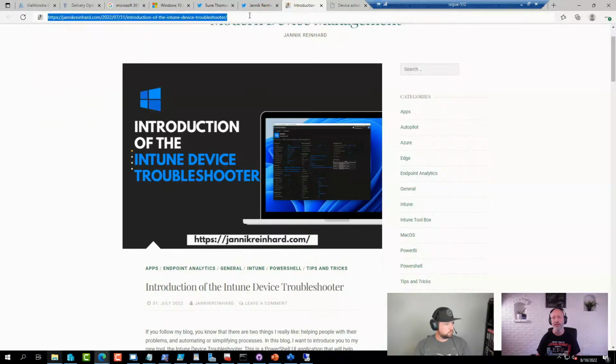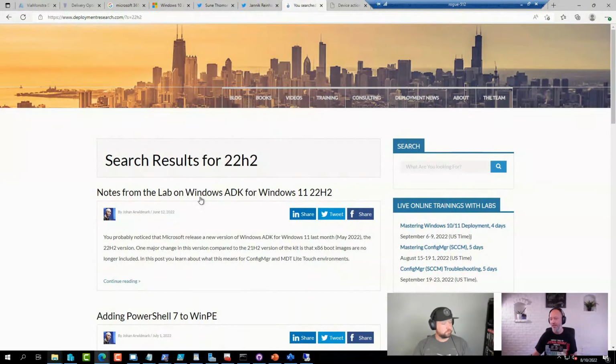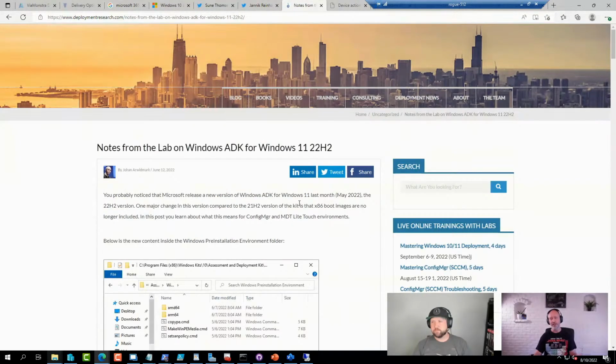The only thing I have seen is something you should probably stay away from at the moment, because they did release a new ADK for Windows 11 22H2, which has backwards compatibility with Windows 10. The problem is it's not yet supported for any of the current deployment tools out there. It's not supported with ConfigMgr 2203, and it does not work with MDT 8456, which hasn't been updated in a good 2 years, and it doesn't look good for the future either.